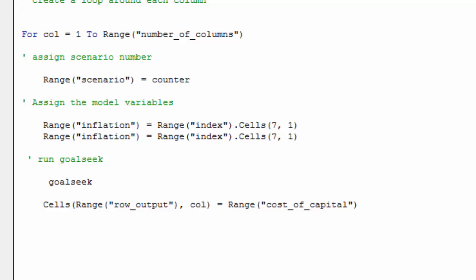Okay, and finally we'll put counter equal counter plus 1 for our scenario number, and we'll finish off the loop, and we're finished with our